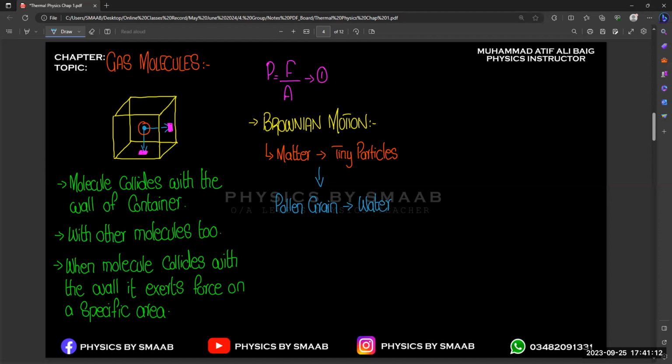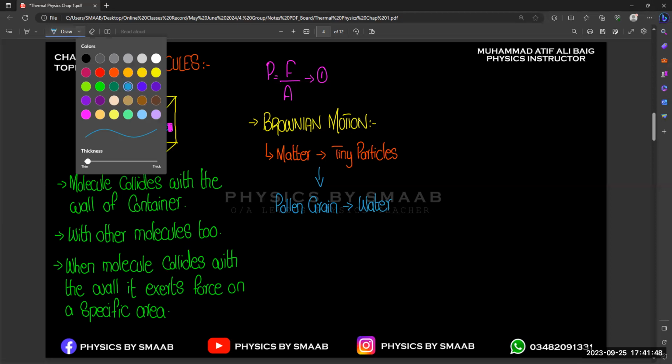So basically, Robert Brown performed the experiment in which he put some pollen grains in water, and when he observed the motion of the pollen grains with the help of the microscope, he observed that the particles are in constant and random motion. That gives the concept of Brownian motion, because Robert Brown is the name of the scientist, which is why this concept is named Brownian motion. So we can say that Brownian motion is the random motion